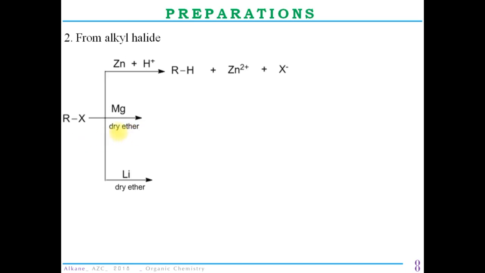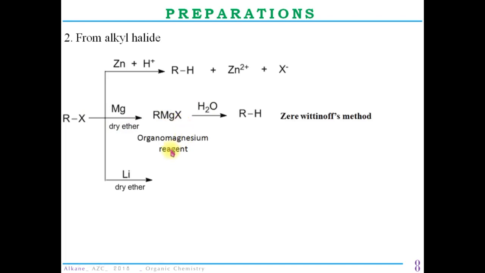So this reaction is the Grignard reaction, which gives organomagnesium halide, or you can say organomagnesium reagent. And when we add water to this reagent, it gives alkane. This method is called the Zerewitinoff method. In the third reaction, alkyl halide is reacted with lithium metal, where the solvent is dry ether, which also gives an organometallic